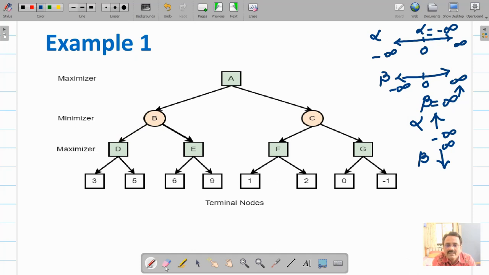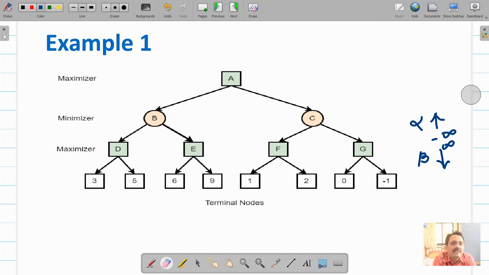So let us first associate these alpha beta values initially in a depth first manner, as in minimax search. At the starting node, the alpha value will be minus infinity and the beta value will be infinity.